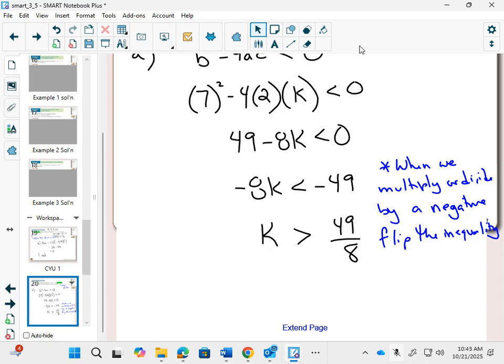When we multiply or divide by a negative, subtracting is okay. Adding a negative, subtracting a negative, that's okay. It's only if you multiply or divide. The way you can see it,